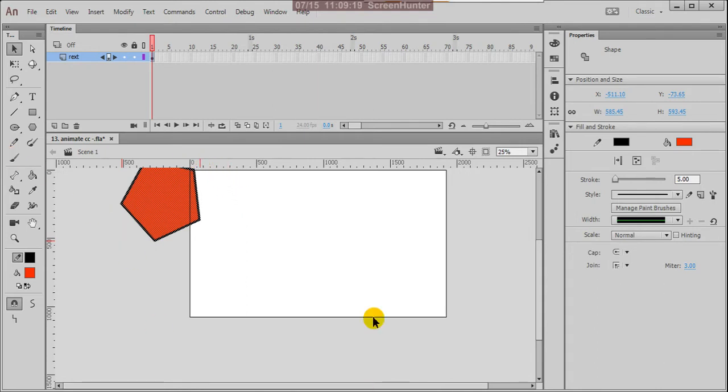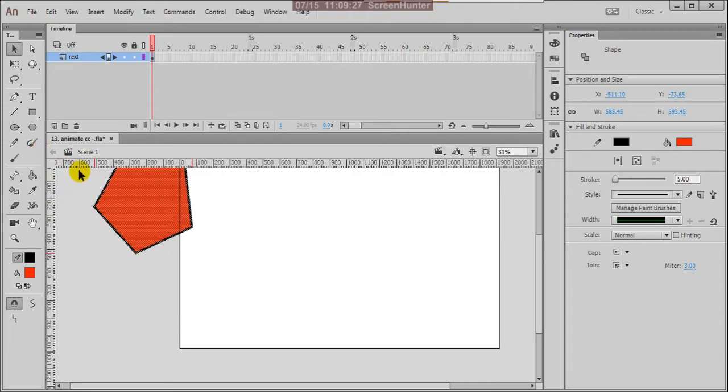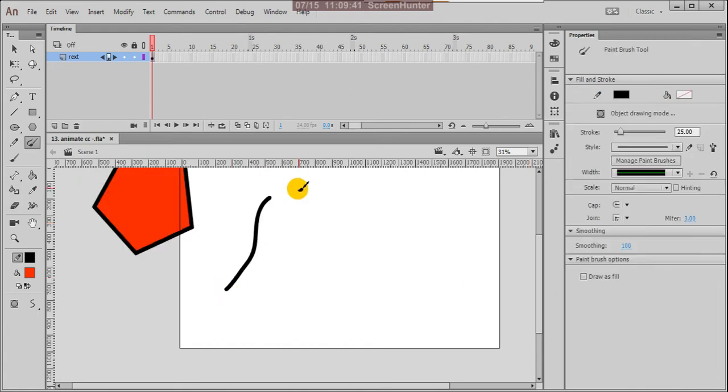Then here we have the paint brush tool. With this brush tool, what we do is draw. Suppose I'll increase this size to 25. So you can draw strokes, lines.